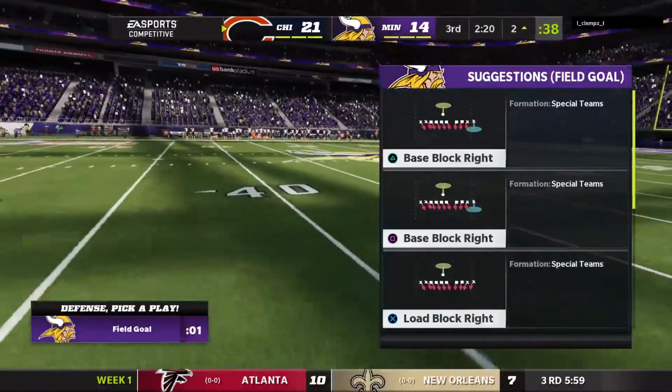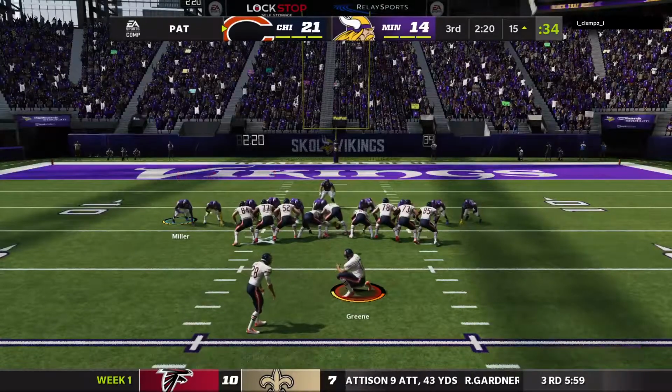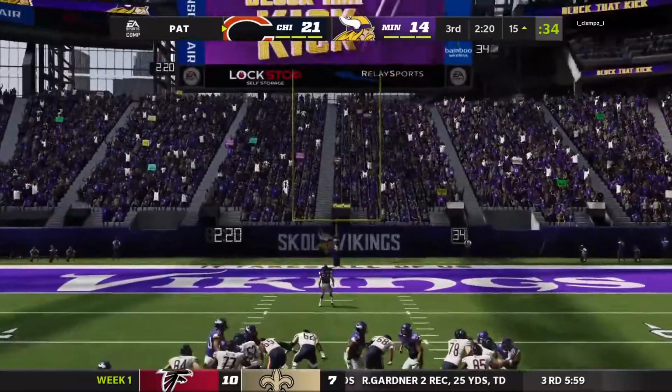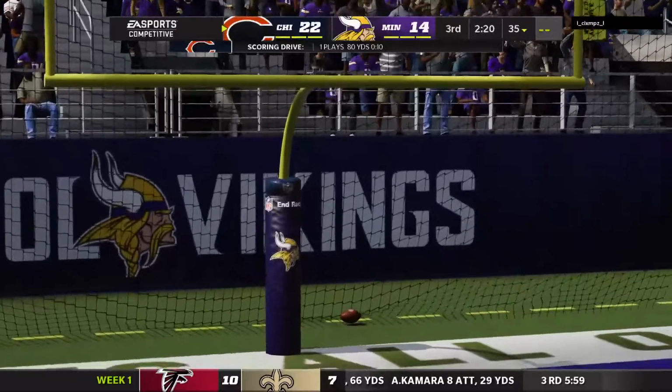Starting on your own 20, you want something to kickstart your drive. Went for the whole thing and got it. That's a great way to send a message to the opposing team. Santos able to tack on the extra point, and the lead is up to...